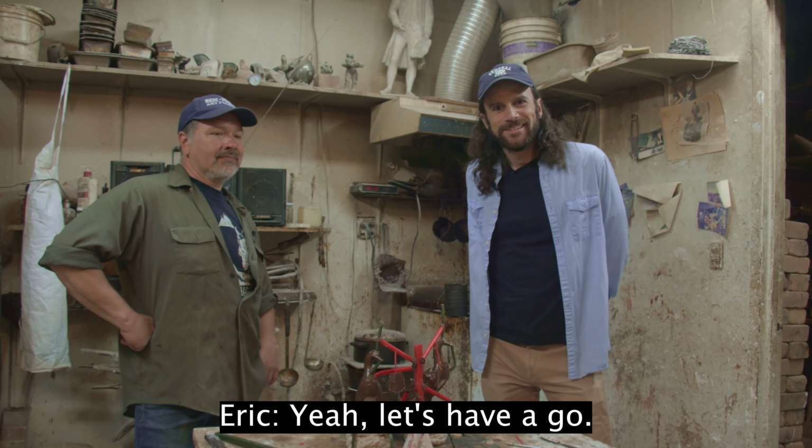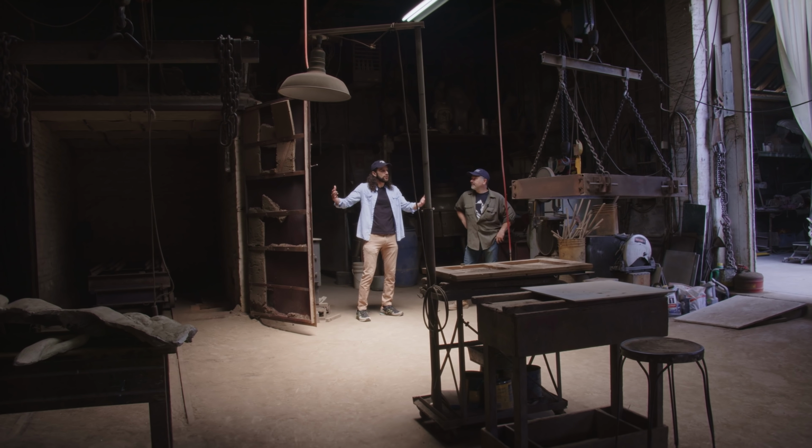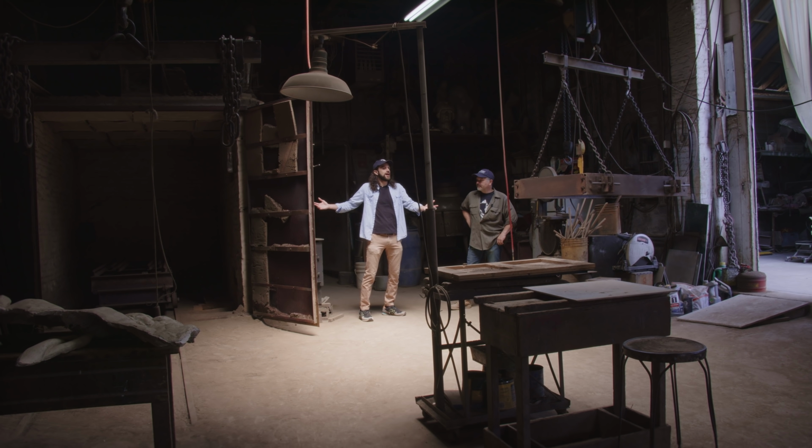What do you think? Should we walk around, Eric? Have Bill here tell us how this all gets done? Yeah, let's have a go. Okay, so we're at the first stop, and this is the sand casting room because that's